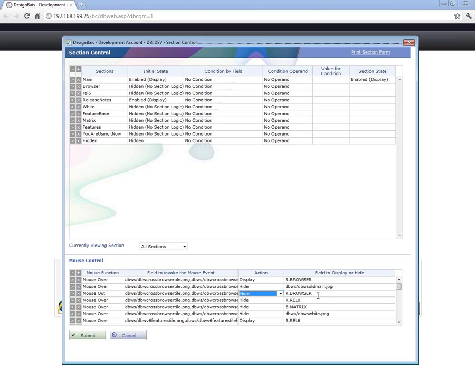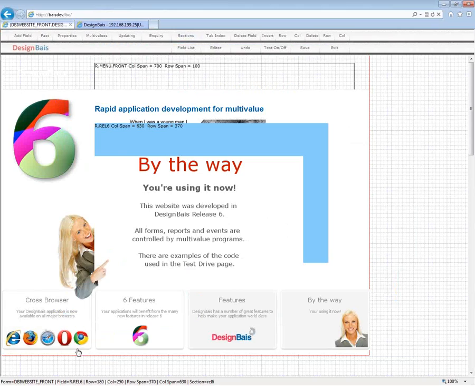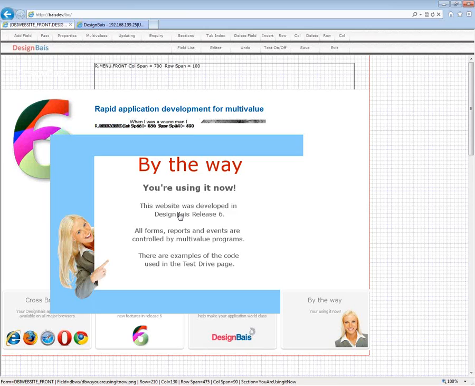And when that occurs, I want to hide the r.browser on-form report. So as you can see, it's actually very, very simple to create this interface. Effectively, all I'm doing is, as I'm mousing over or mousing out of each one of those images, I am displaying or hiding the various components of this form. So as you can see, it's very simple, and this technique is terrific if you want to have